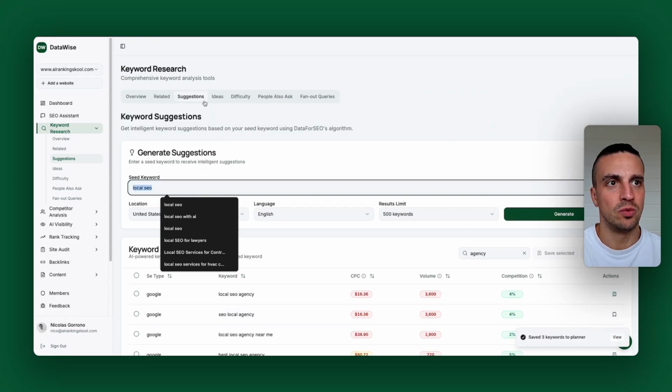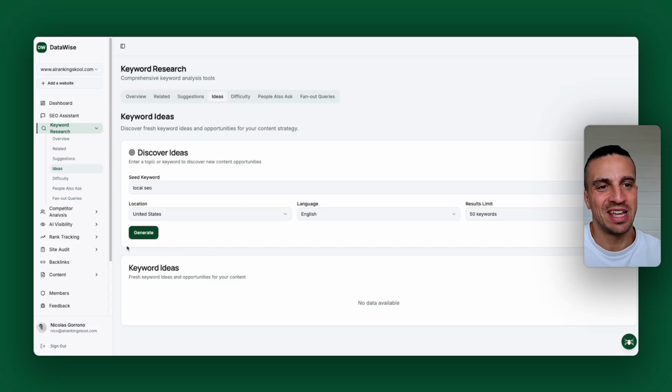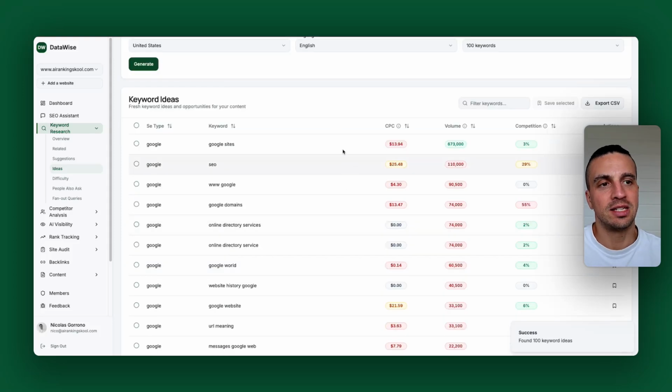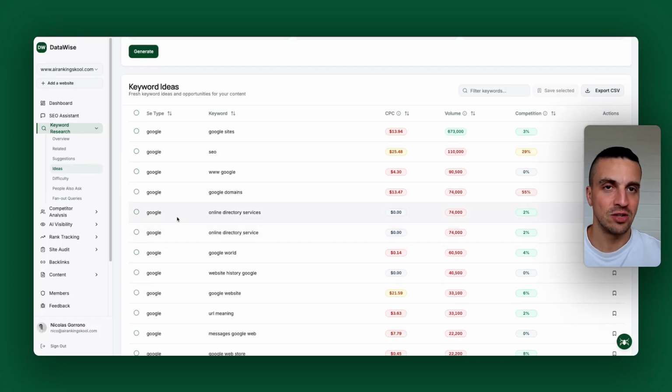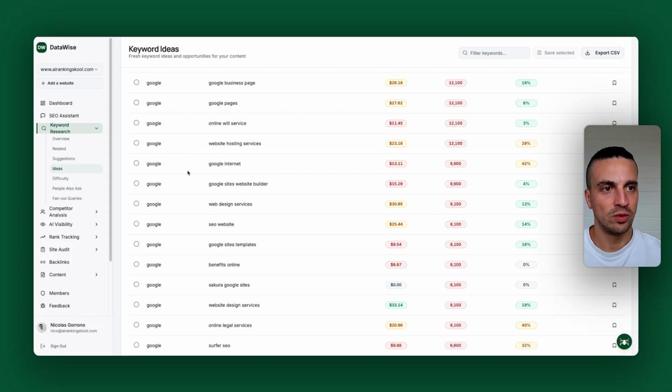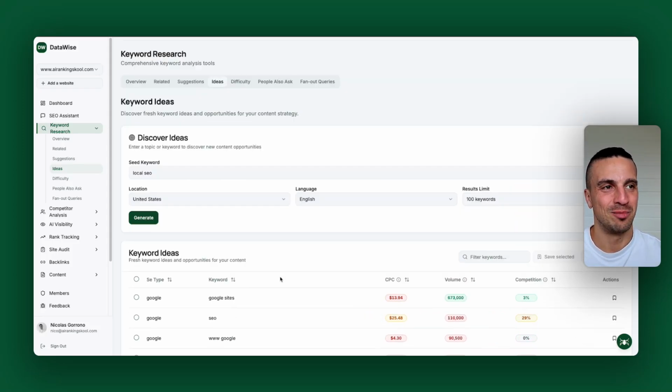Let's go on to the ideas. This, in my opinion, is definitely the broader out of all the choices. It gives you a much broader idea of the selected keyword. Again, I'm going to just generate 100 keywords here and generate. And you'll see here that they start to deviate from the original seed keyword. Some of them don't include the word local or the word SEO, and some of them aren't that related, but it's still very interesting to do. Online will service, Google Internet, Google site templates, you get the idea, search for SEO, and a bunch of different